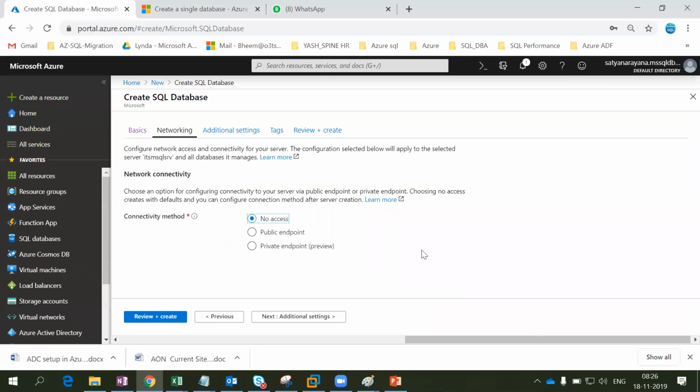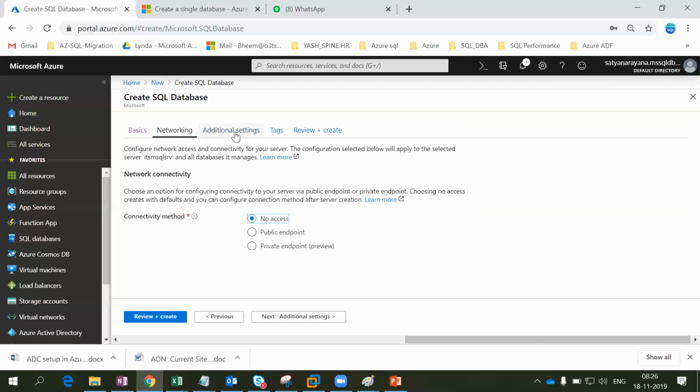Okay, I'll try to connect this one after getting the error. The more errors you get, the better. I'll create another one in the next 5 to 10 minutes with the public endpoints and all. Let me see this. There is no access, I have kept it that way.